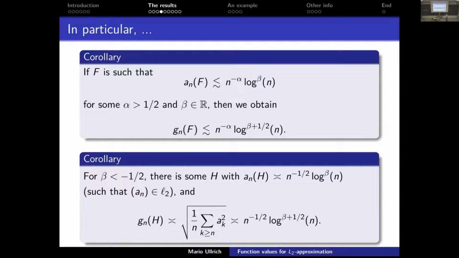And even more, if you now go to boundary cases, this follows from the very negative result. If you now take approximation numbers of this kind, so really 1 over square root of n times log to the beta n, with beta smaller than minus 1/2, so again, beta smaller than minus 1/2 ensures that the approximation numbers are square summable, then we get that there is a Hilbert space such that the rate of convergence is precisely that. So you see that you really have to lose this square root of log if you just consider a general setting.